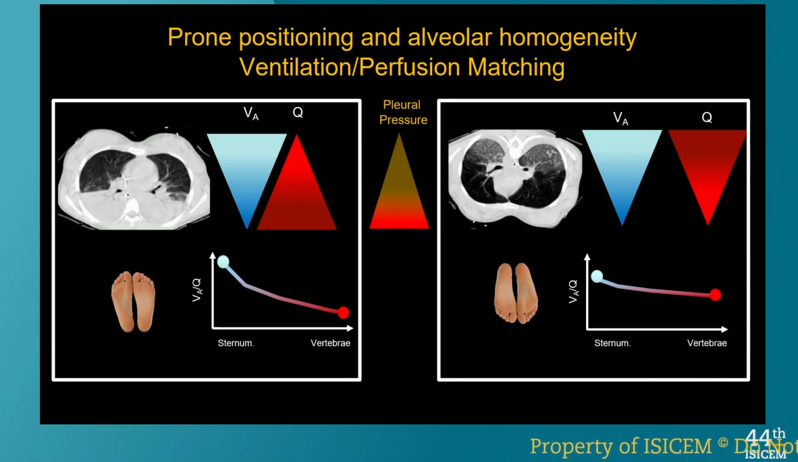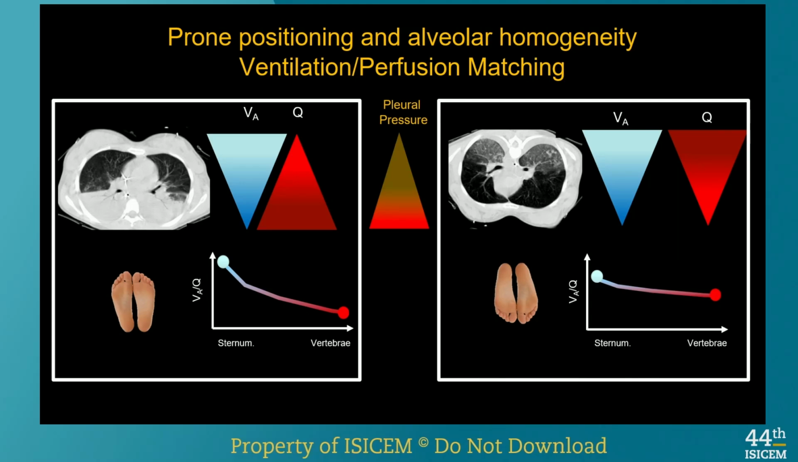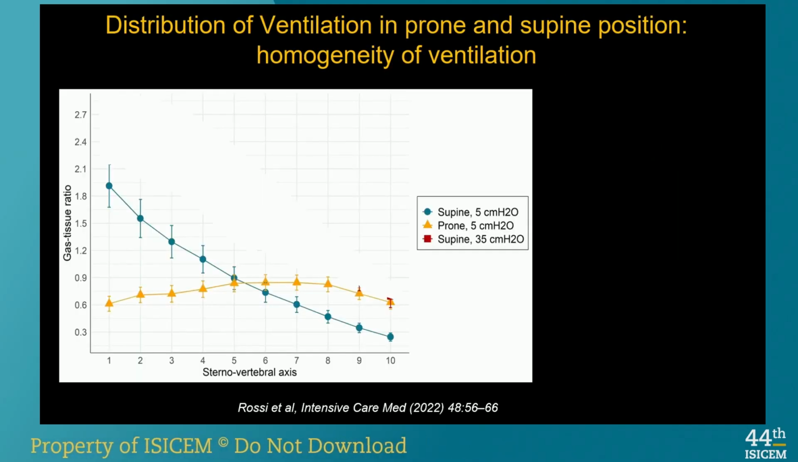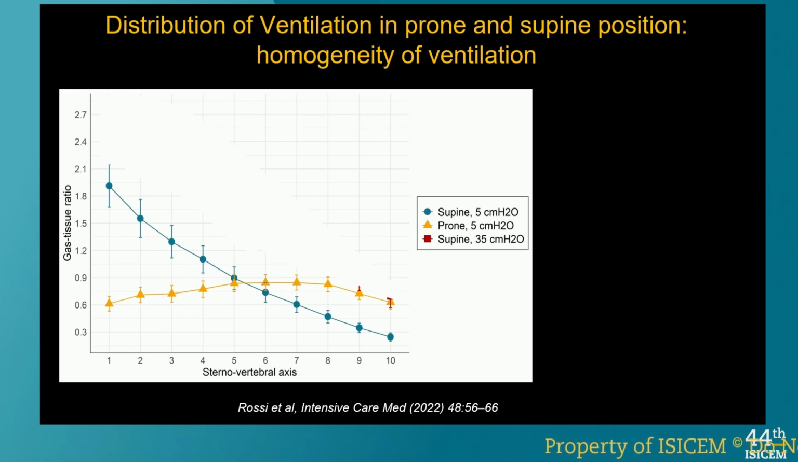And things obviously change with matching of the ventilation and the perfusion, leaving a more homogeneous ventilation perfusion matching. The other type of matching is clearly the ventilation and heterogeneity of ventilation. And if you look at the gas-tissue ratio there, in supine position, you can see the wide heterogeneity of gas-tissue ratio. And this is not the same in prone position, where everything is more